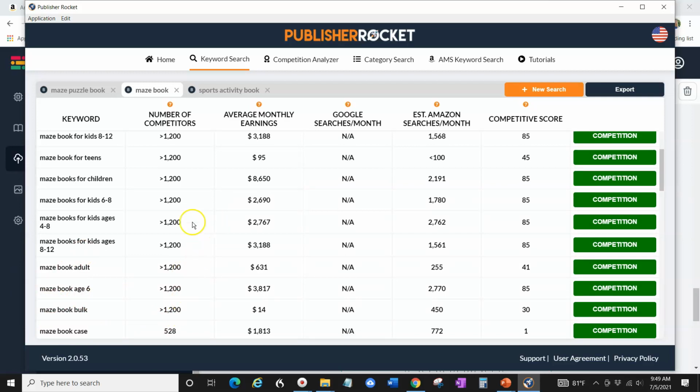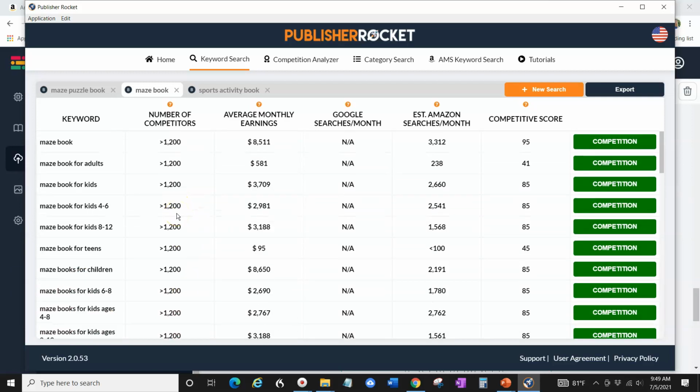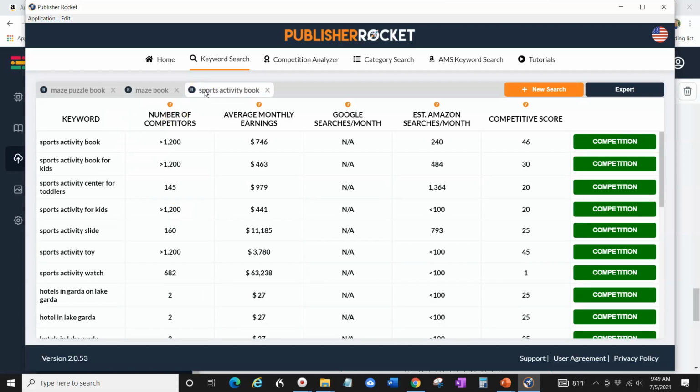But here's where I kind of came down to, I'm all about niching down to make things more specific. And I think with this software, where you can use the different shapes to make something interesting and unique, a sports activity book. So this is what I came up with. Like, you can do different activity books. You take word puzzles, maze puzzles, and mix them together and create an activity book based around a specific theme. And the fact that you can shape your puzzles like shapes or pictures really makes it kind of interesting and unique. So here's the sports activity book.